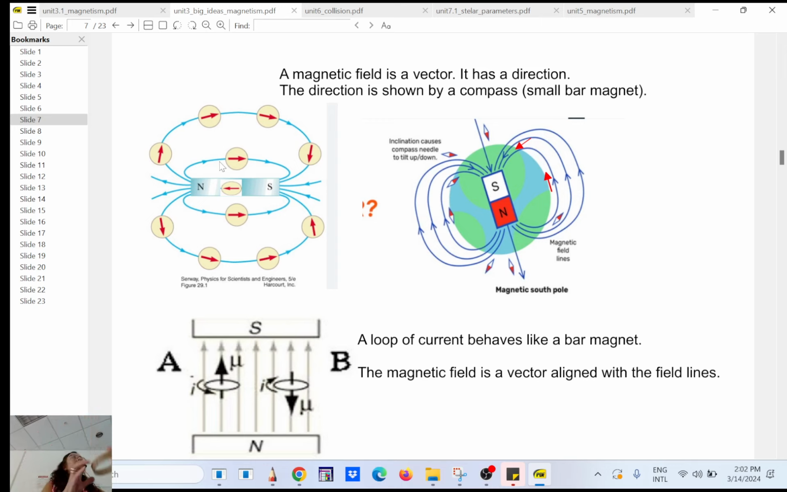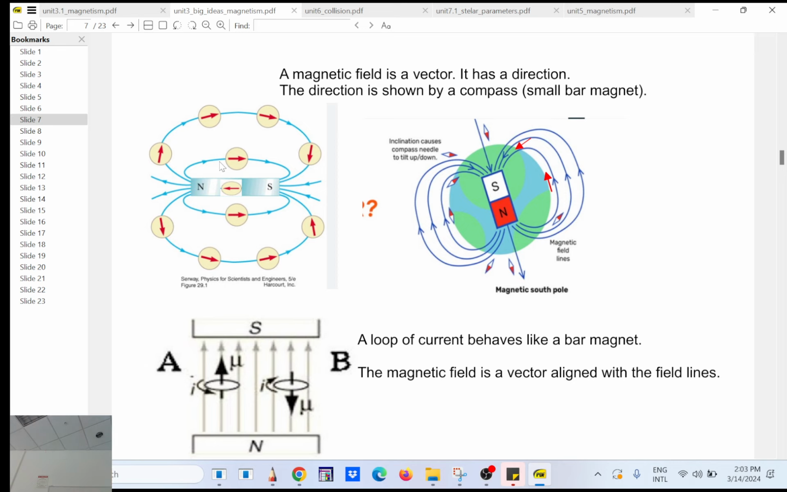Is that clear? I want to stress that to make sure it's clear for the conceptual questions for test number 3. It's going to be a lot of conceptual questions. So again, this is my loop of current. I don't know if I can zoom out. If the current is going this way, my thumb will show you the north. If you have a magnetic field going from left to right,